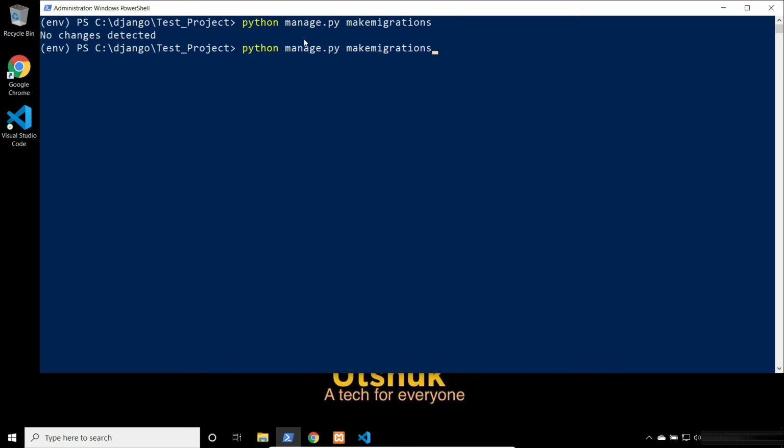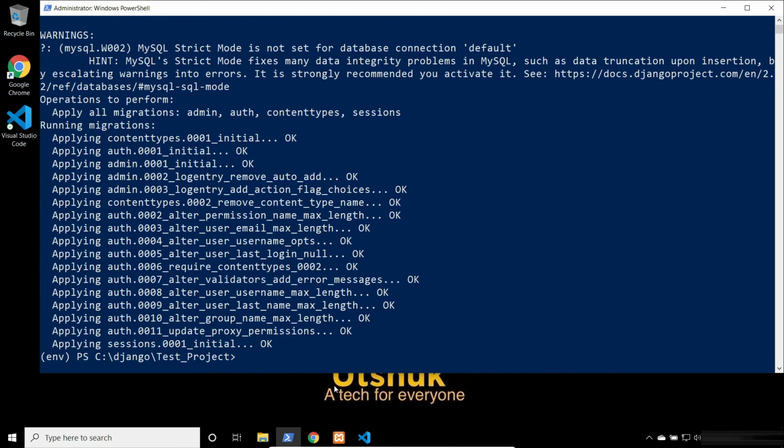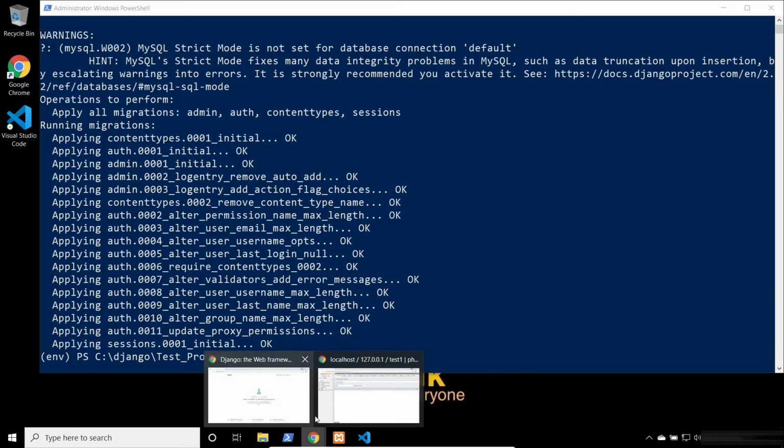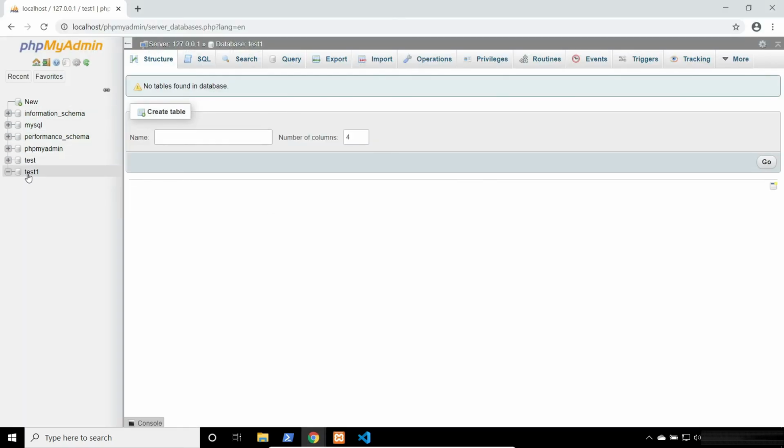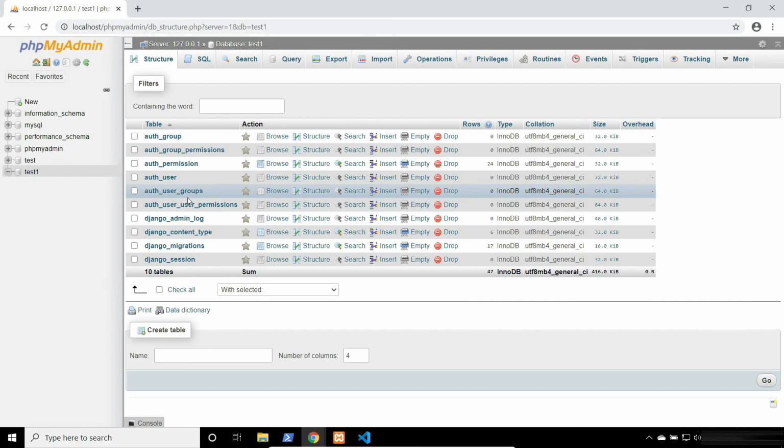And you need to give the command python manage.py migrate. This will make the tables in our database. We can see here in our test1 database, we have successfully created the database tables. In this way, we can configure the MySQL database in Django on our Windows machine.